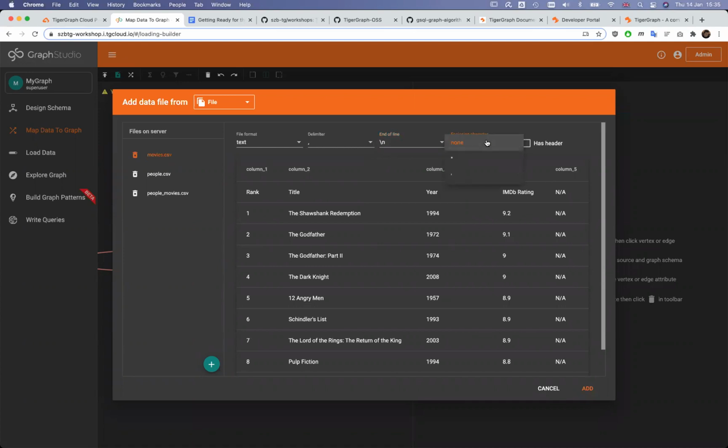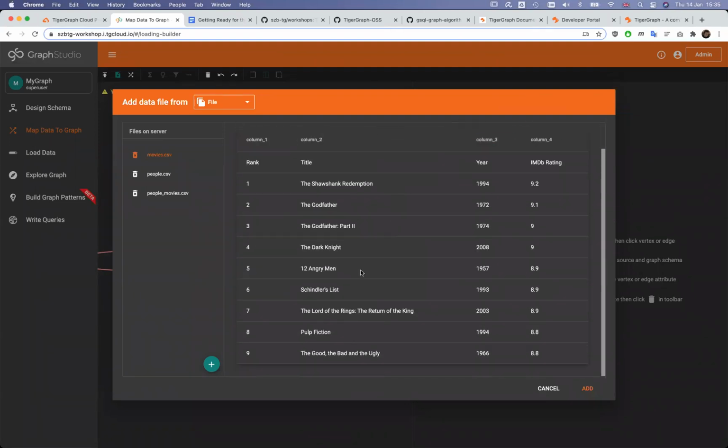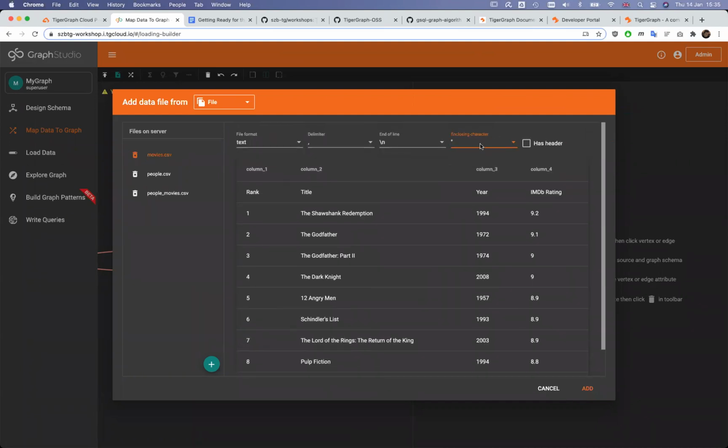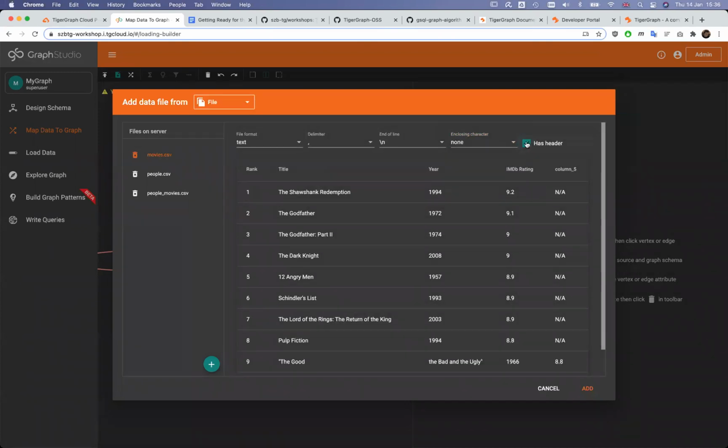In this situation, I exported this data set from Excel, so I specify that some strings might be double quoted, for example this one, which has a comma. If I select none, you will see that it wouldn't be able to interpret the structure correctly because it thinks that this comma between the good and the bad is part of the structure. Okay, so sorry, double quote.